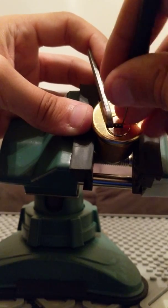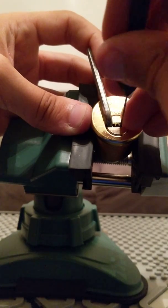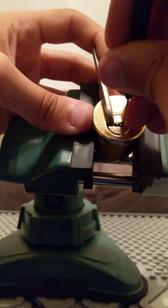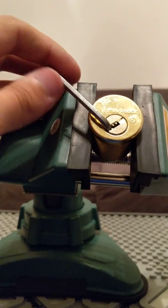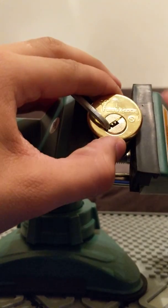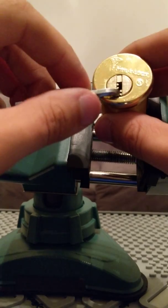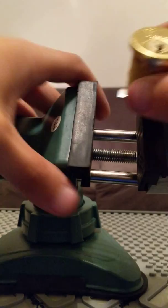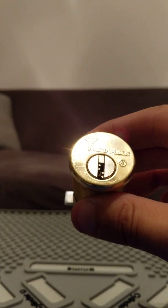Let's get up in here real quick. Come on. Wiggle on in there. Almost got it. Okay, and there we go. It's unlocked. Just to show you that I didn't set this up in any weird way. It's unlocked, so what we're going to do is I'm going to keep the lock in frame, I guess, and